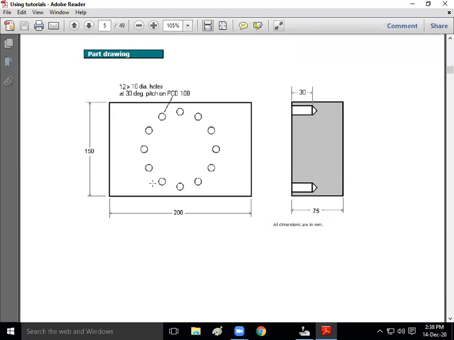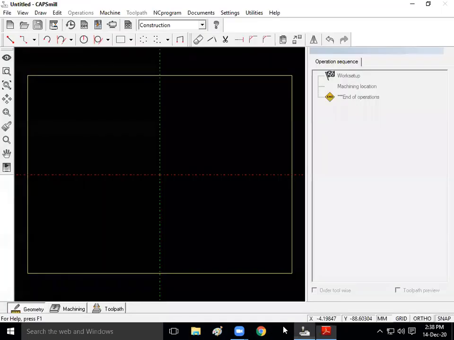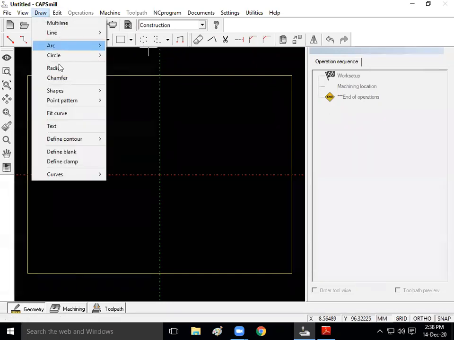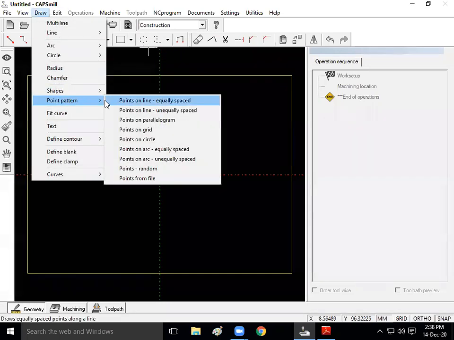this circle pattern. I need to create this circle pattern of 12 circles whose pitch circle diameter is 100 mm. So for that I'm going to click on this points on circle. Either you can directly click on this command, or you can go for draw, points, pattern, points on circle.